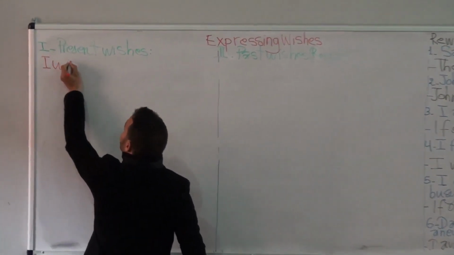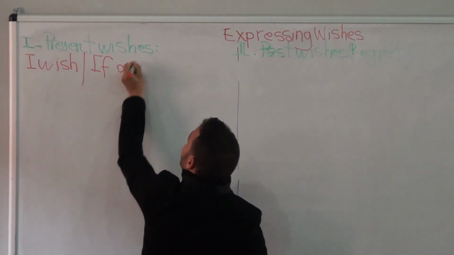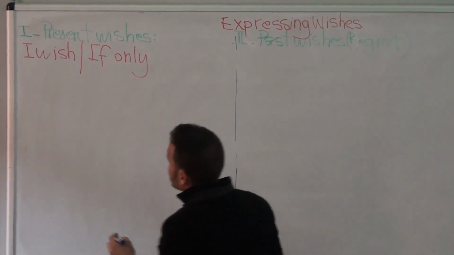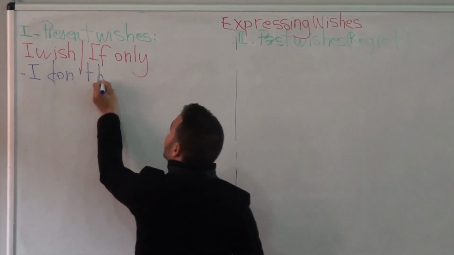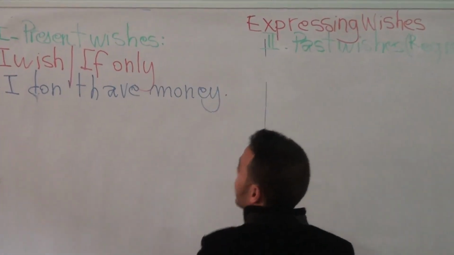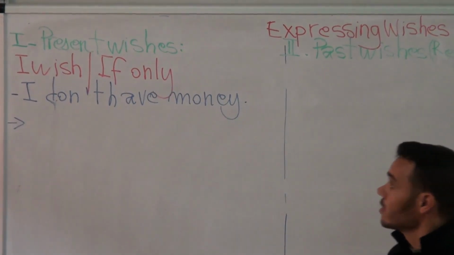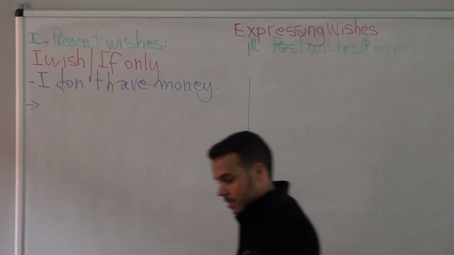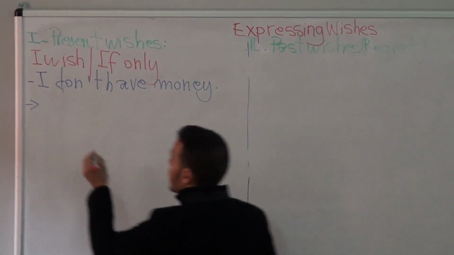I wish or if only. So let's take a look at these examples. I don't have money. Now, let's take a look at this example. I don't have money. This is my present situation. This is a reality. So, to express or to make a wish about this situation, I am going to say,